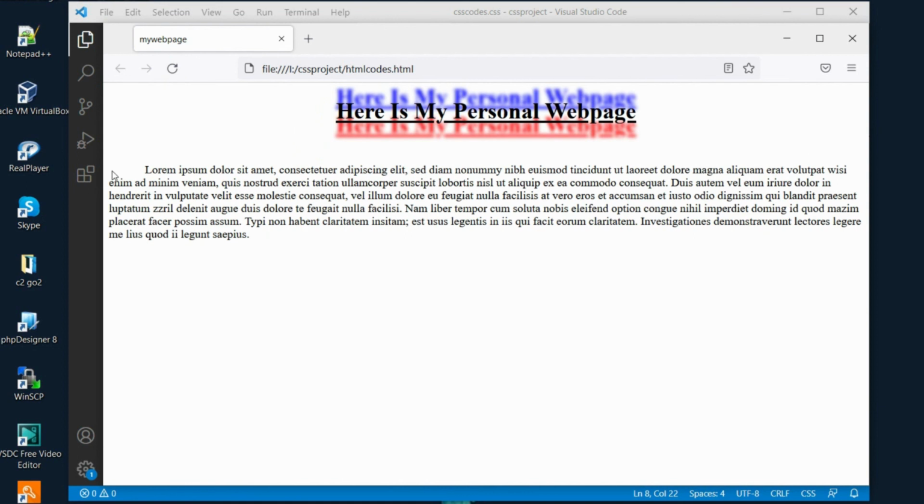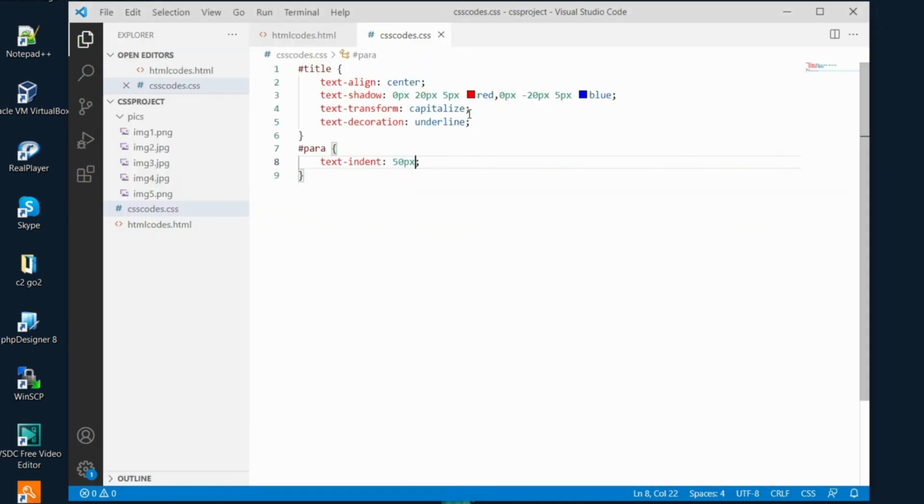Refresh. You see that the first word is now 50 pixel. There is a distance here as much as 50 pixel between the first word and the body. And the second one that we want to use for our text is maybe also we have to this